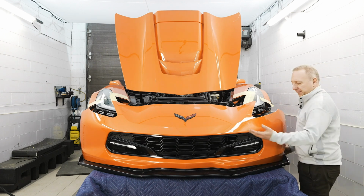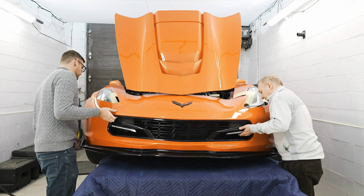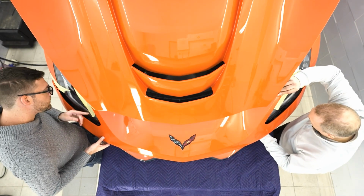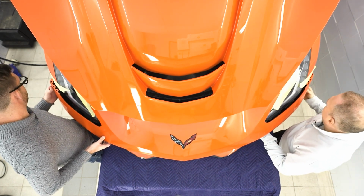So I'll get some help and we'll raise the bumper. Keep an eye out for our wire harnesses we've installed, the tabs under the headlights, lift the upper, around,